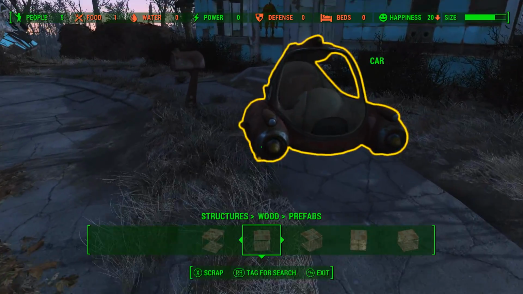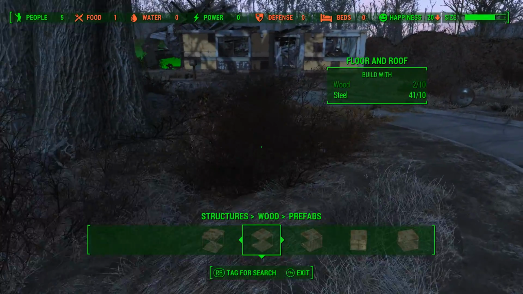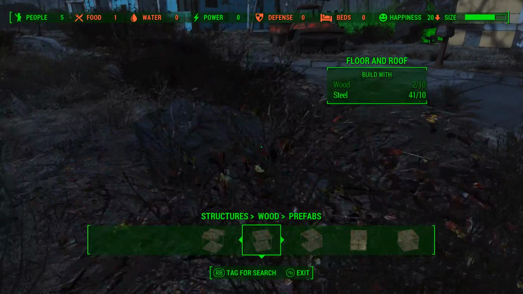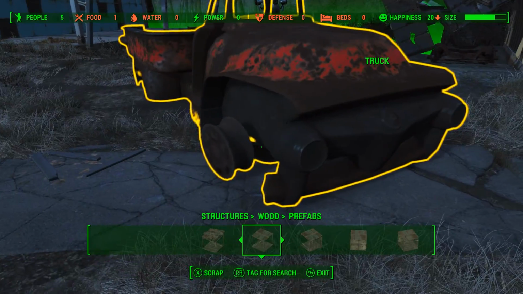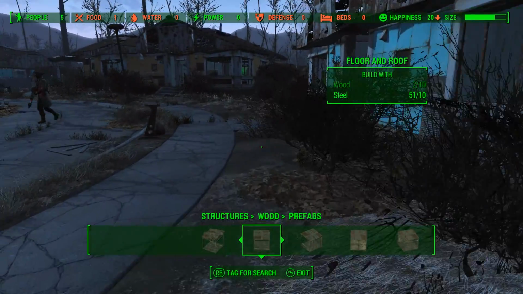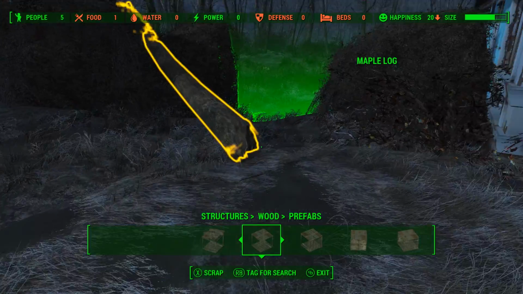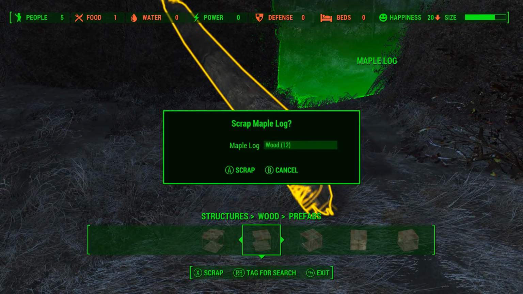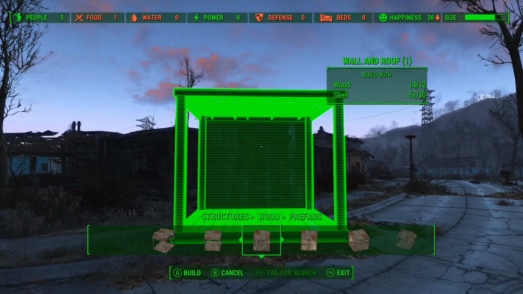We'll scrap this car. Got plenty of steel. I need trees and stuff like that. I need trees. This car gotta go, this truck. I need trees. There we go. That should do it. Alright, cool. So now we want to do